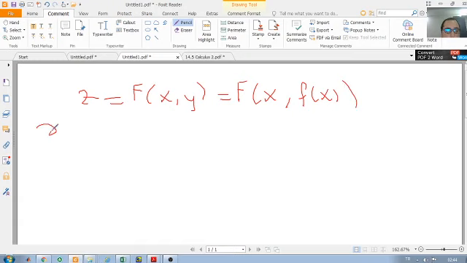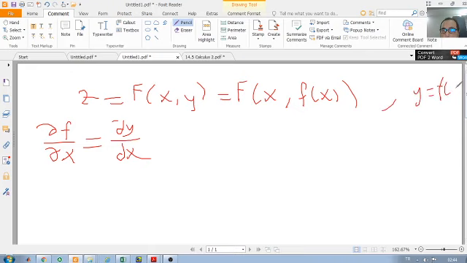So our aim is to find dy over dx, because we know y is a function of x, but it is given implicitly by the equation bigger F of x, y is equal to 0. So in this case we want to find a formula for finding the derivative of the variable y with respect